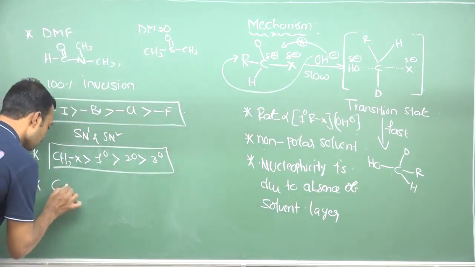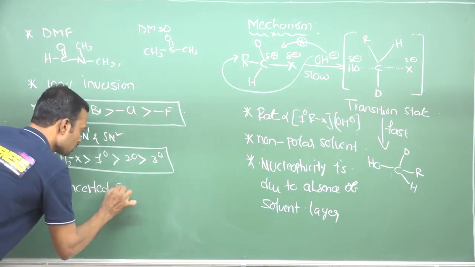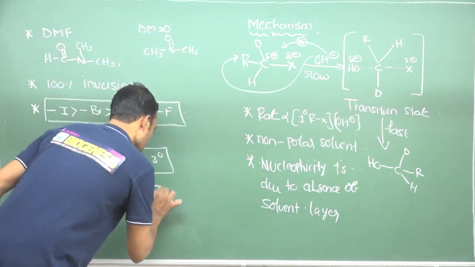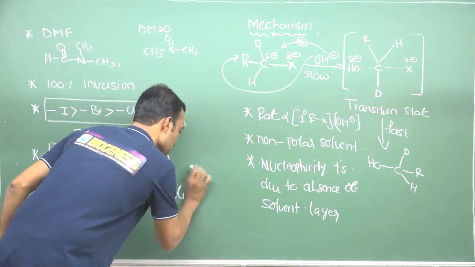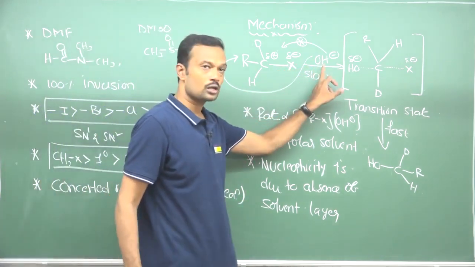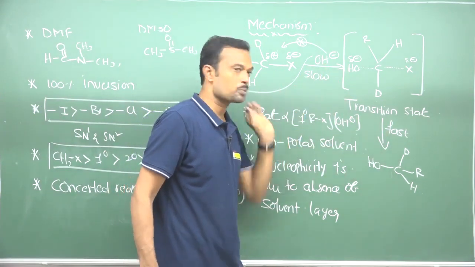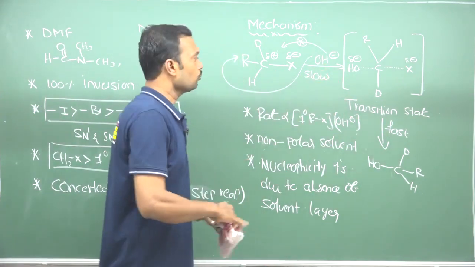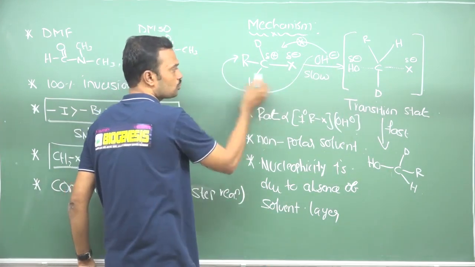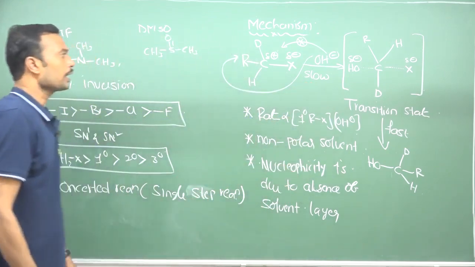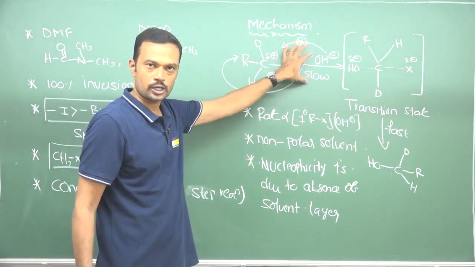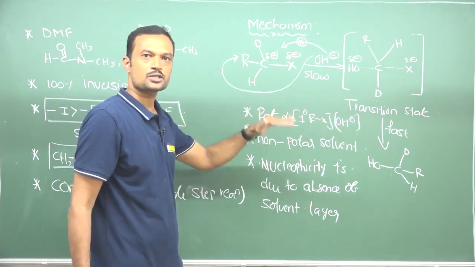We can say it is a concerted reaction. So what is the meaning of concerted? Concerted means, always remember, it is a single step reaction. So here it is not a slow step and a fast step, it is a slow process. Attacking of this nucleophile is very slow. Why? Because here the halogen is present in the forward direction, so it takes some time to attack from the backward direction. So this is the slow step. Finally we can say the rate depends on two concentration terms. The first one is alkyl halide, the second one is hydroxide, and finally we are getting a 100% inversion product here.